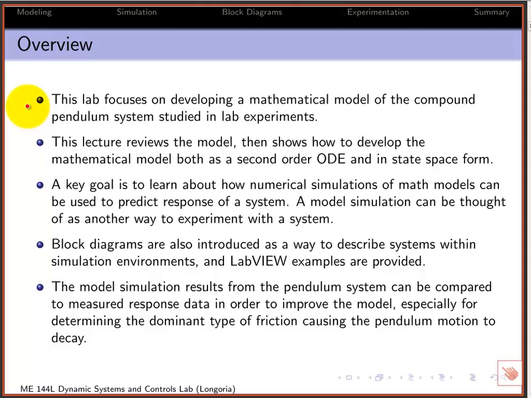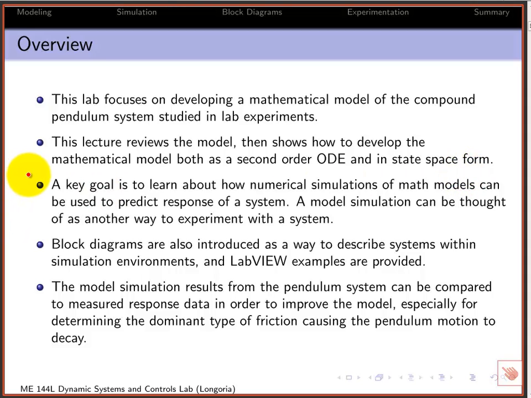with another lab where we're going to focus more on using the pendulum as a way of showing how to build mathematical models and showing you forms of deriving the equations and actually putting the equations in forms that you're going to be using in your dynamic systems and controls class. So we're going to review the model and also talk about how to convert these equations into state